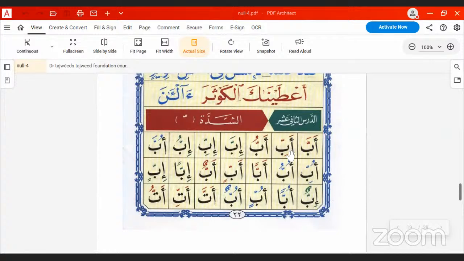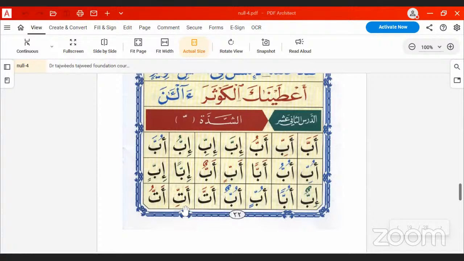Abba, Abbi, Abbu, Ibba, Ibbi, Ibbu, Ubba, Ubbi, Ubbu, Abban, Abbin, Abbun, Ibban, Ibbin, Ibbun, Ubban, Ubbin, Ubbun,